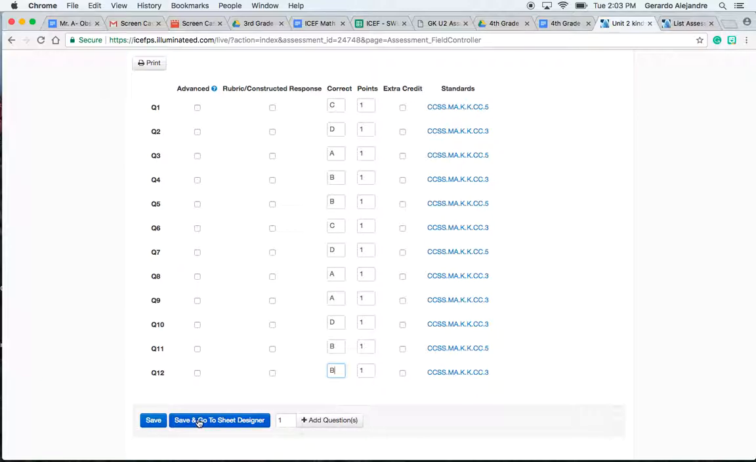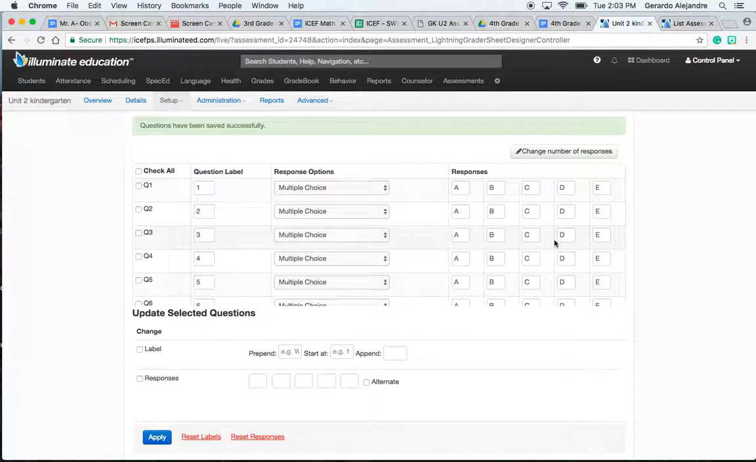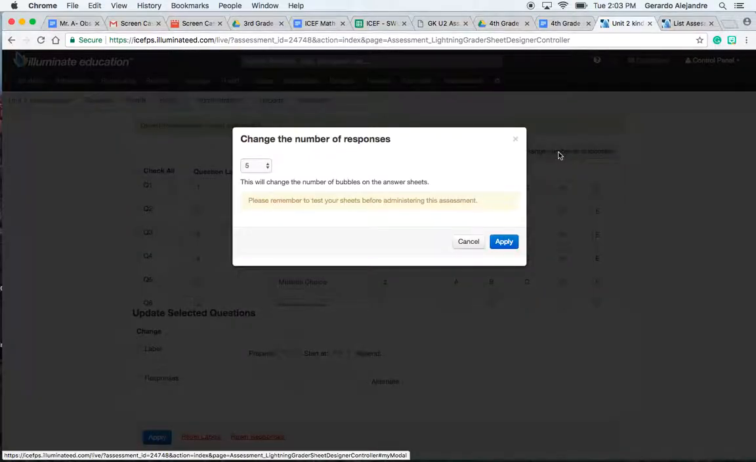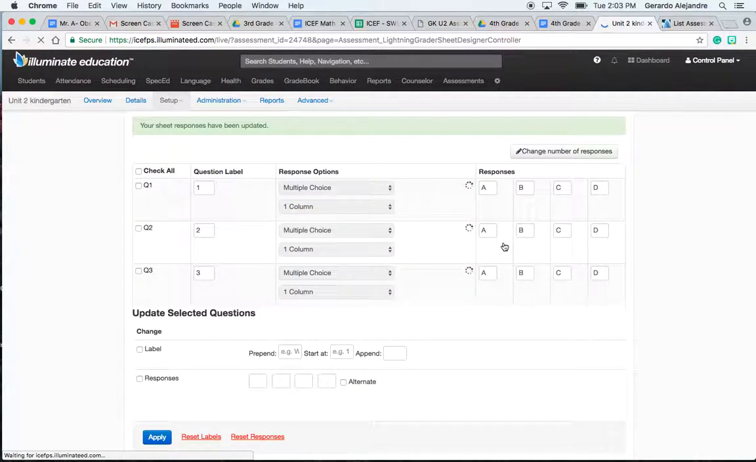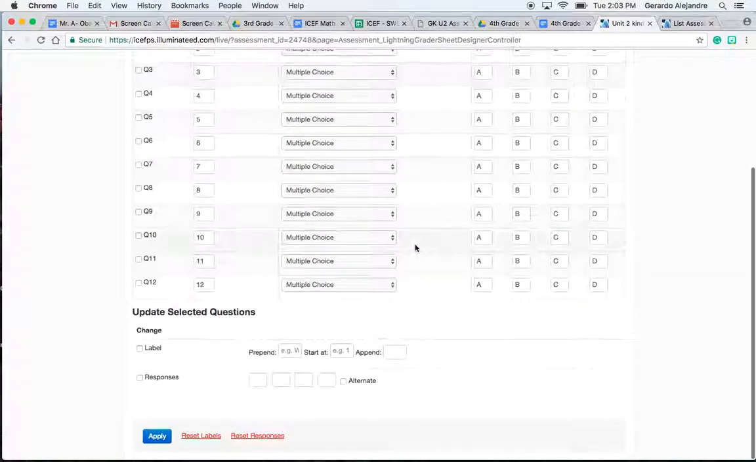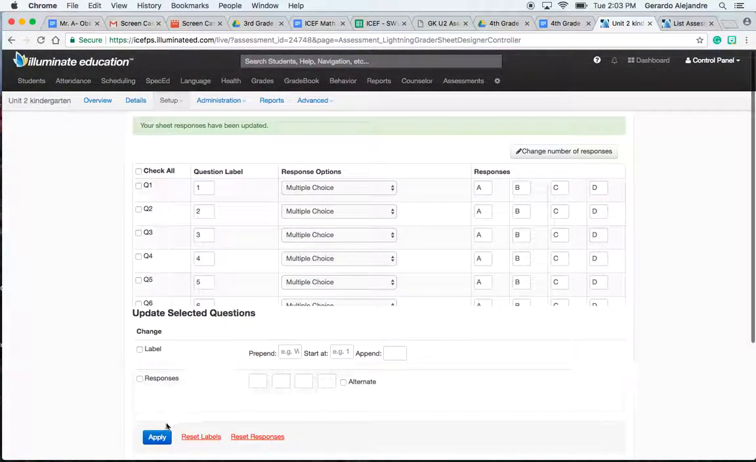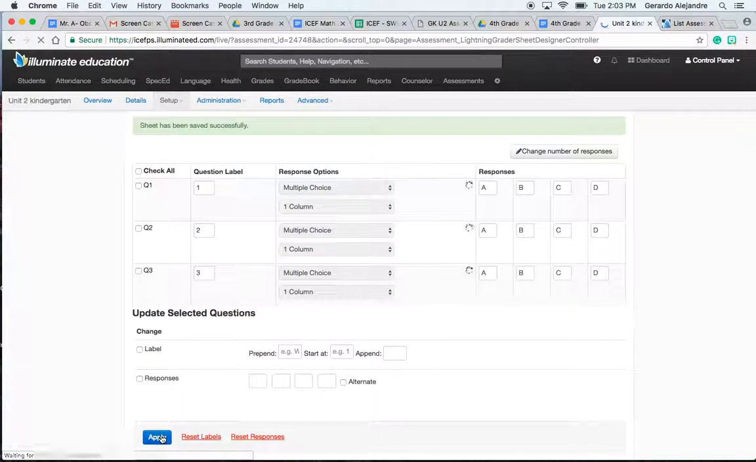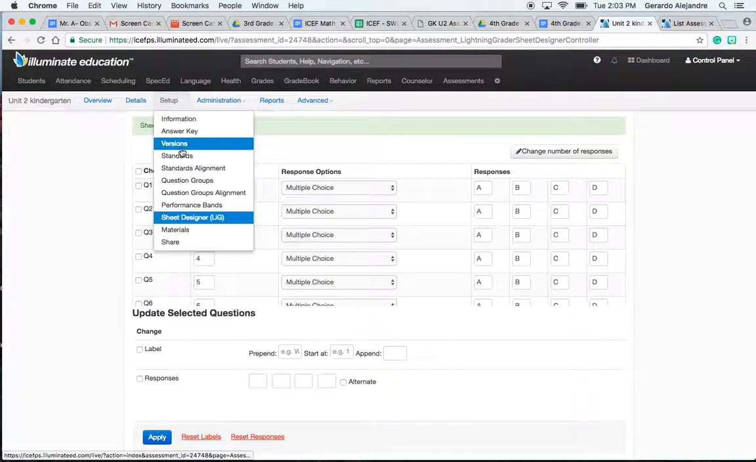Now I could go ahead and go to save and go to Sheet Designer. I notice that all my options go all the way to D. So I could change it. Instead of having A, B, C, D, E, I go to where it says 4, and now it's going to have options A through D. That'll show it right here. And that's it for this. I click on apply. At this point you're actually done, but I'm going to show you guys the performance